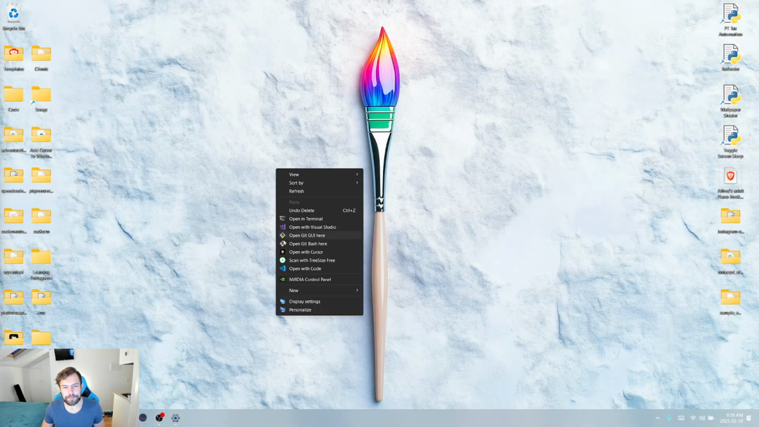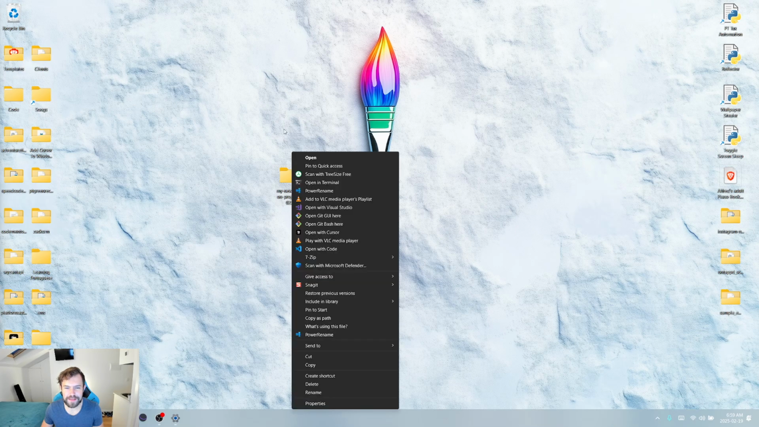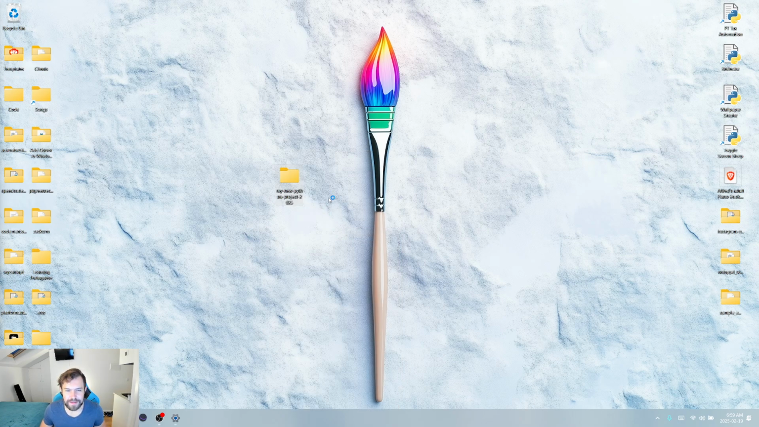So, the first thing I'm going to do is create a new folder for my project on my desktop. I'm going to call this my new Python project 2025, like so. I'm going to right click, open this up with Cursor instead of VS Code as I was using previously, because